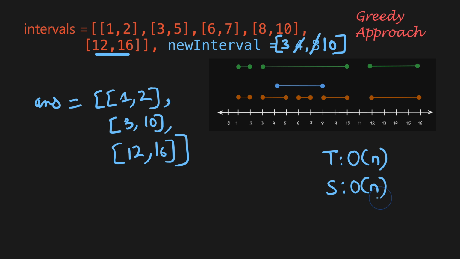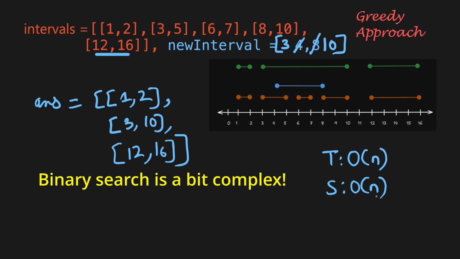store the result list. And a quick note for those of you who think that binary search may help, while it is a great instinct since the array is sorted, it is not ideal here. We need to perform two separate binary searches to find the start and end time of our merged range, which is more complex than this single pass O of n solution. And since we have to build a new list anyway, this linear scan is both efficient and much simpler to